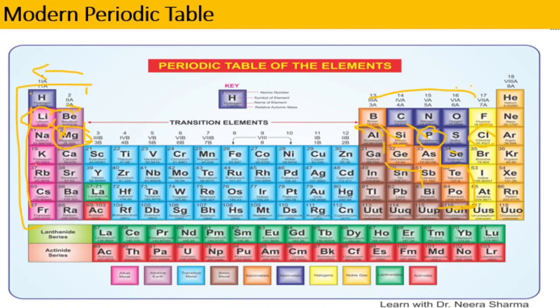So what happens to metallic character in a group as we go down the group? The most metallic element would be the element which is below, on the left hand side of the periodic table. So francium is the most metallic element. Basicity increases as we go down the group, or their oxides will be more basic. So we have to remember, as we go down a group, ionization enthalpy decreases, therefore metallic character or basicity will increase.